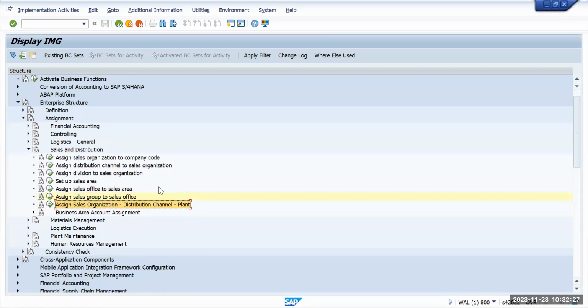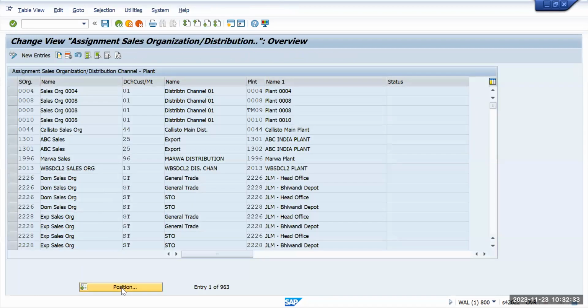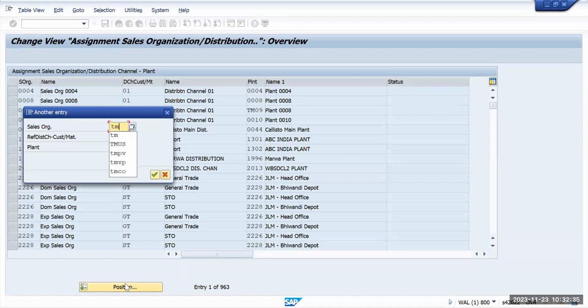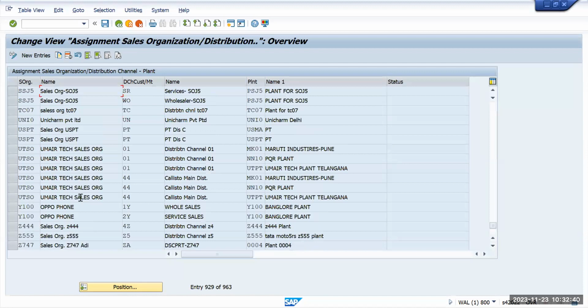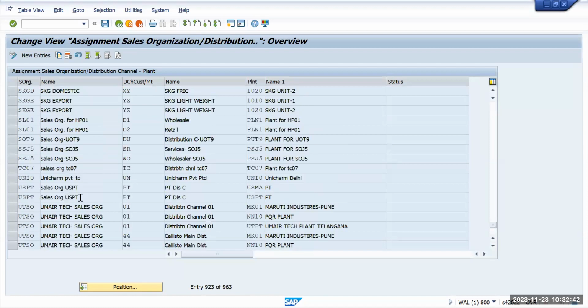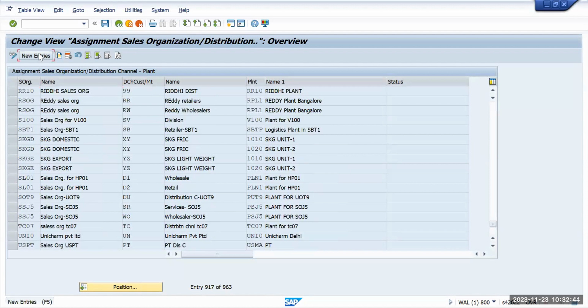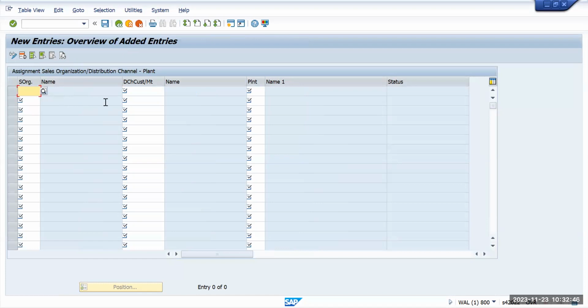Okay, so now we need to assign this sales organization to our distribution channel and the plant. So let's see what standard is there. So we don't have any standard setups. Okay, so then it's good. So we'll go and create a new one, Tata Motors US, and our distribution channel is also Tata Motors US, and plant is Tata Motors